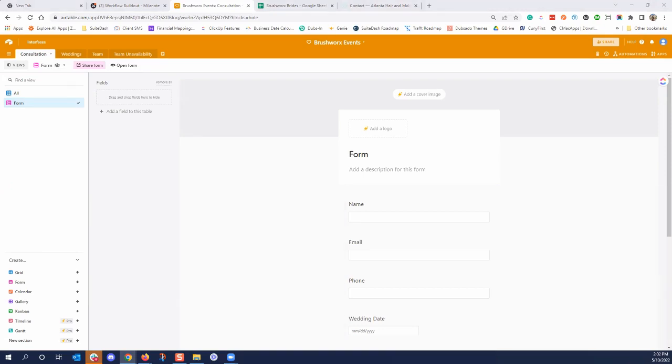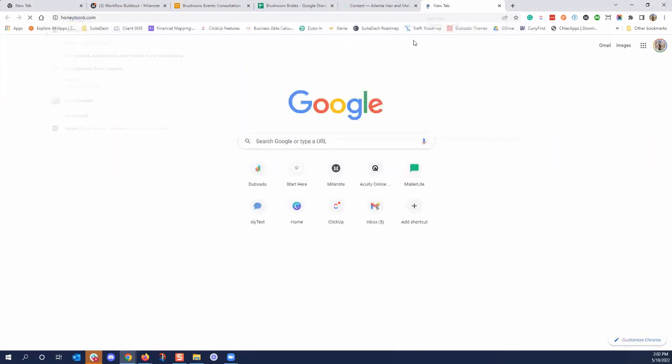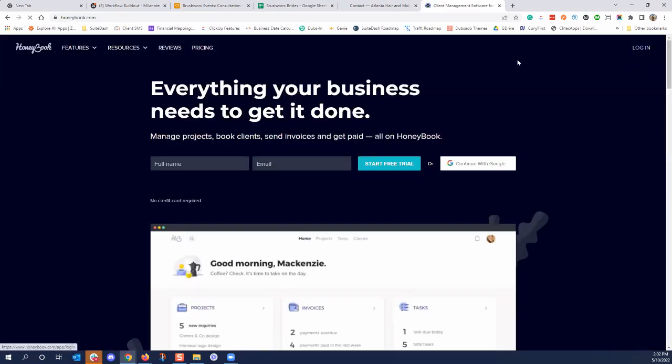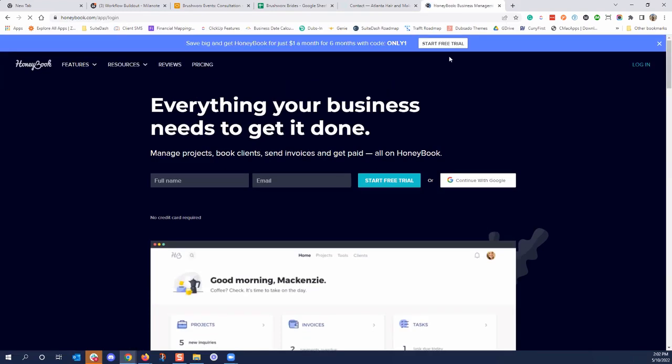What I was going to say is that when someone has actually been added here, I can send them to HoneyBook, but unfortunately, HoneyBook does not have the available trigger, which is annoying. Oh, wait, but no, we could just use HoneyBook's lead capture. I know that they have one, but I don't know how to do that. Okay, so I can show you in my account. It is not a paid account, so it does not give me a lot of access, but I can show you where to do it. And that can also trigger your workflows if you wanted it to. So let me show you.